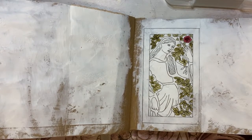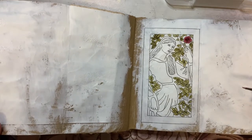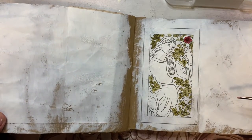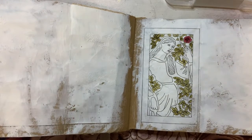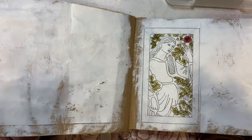Okay, so what I might do now is I might paint her hair in. What colour shall I go? I think I need a bit of yellow on my palette. I haven't got any at the moment. Actually, I've got vermilion instead, so I'm going to put a little bit of the orange or the vermilion on my palette just so I can darken the